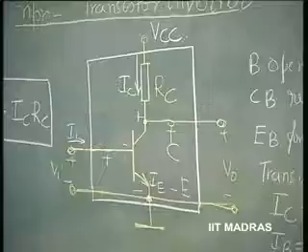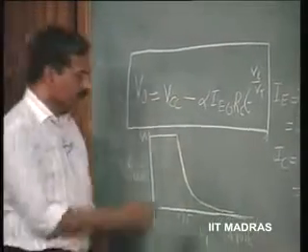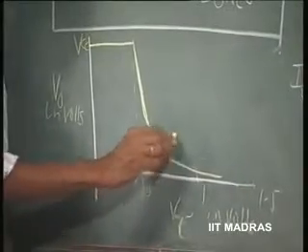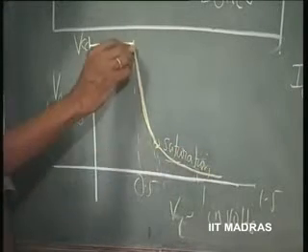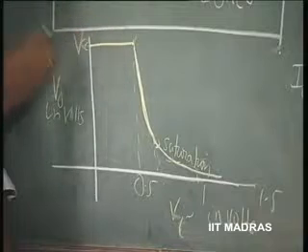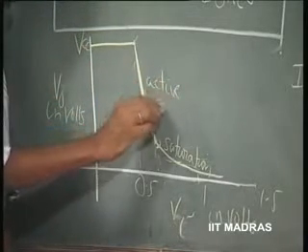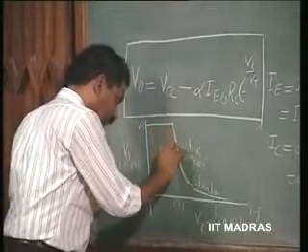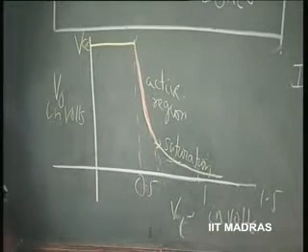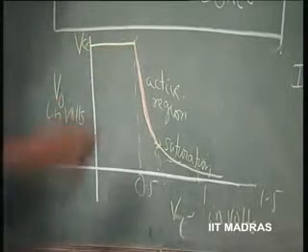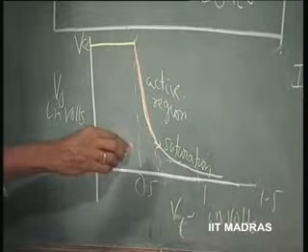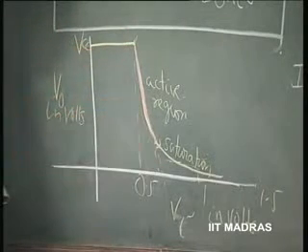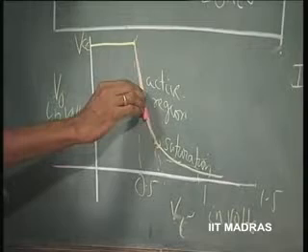So this characteristic is that of the transistor inverter. Why is it called inverter? You can now see that this is the active region. At this point it might enter saturation. Beyond this point, this is in cutoff, almost. This is the active region. In this region you have to operate in order to make the transistor an amplifier. The transistor should not enter saturation, and it should not be in cutoff; it should be in the active region. If it is in the active region, it can work as an amplifier, and it will be linear